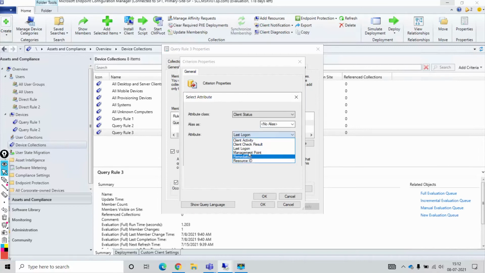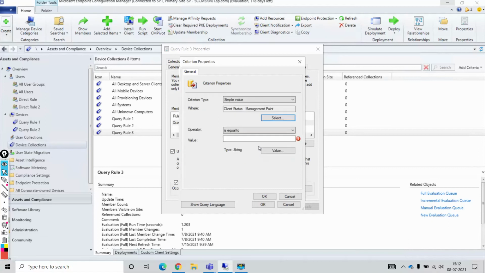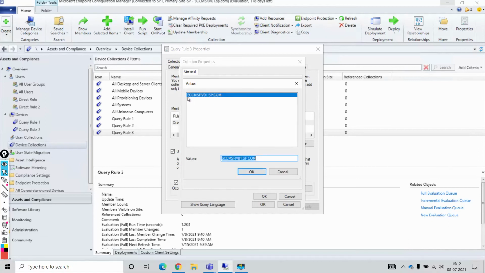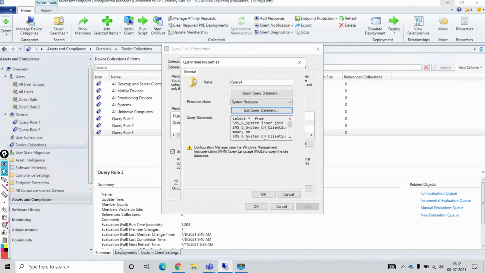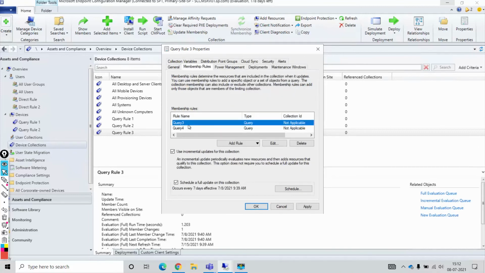Let's say management point, where management point is my seccmsrv.sp.com, and okay. I have added another query to the same query rule. So this is my collection, and my collection name is query rule 3. I have added two queries, so you can add multiple queries to the same collection, and I click apply.